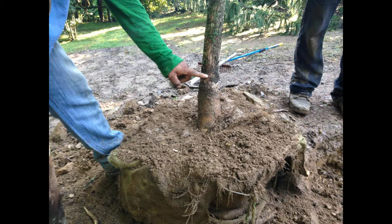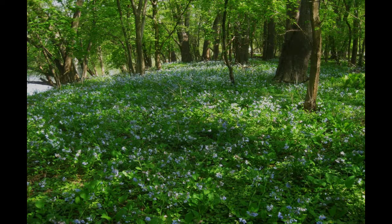And you can see here that plant, the root ball was initially about 8 to 10 inches over where that root flare actually should have been. And this is a tree that came out of a very well-respected nursery, and this is still often what we find. And again, just walking through our eastern deciduous forest, we might see this spring ephemeral layer, and it's very